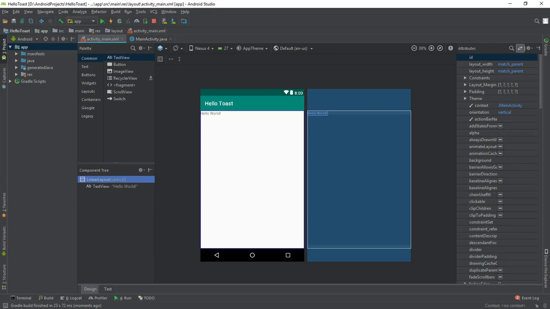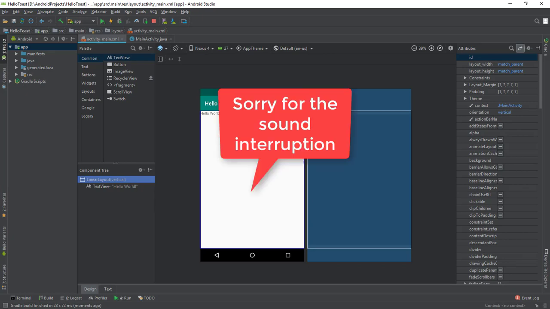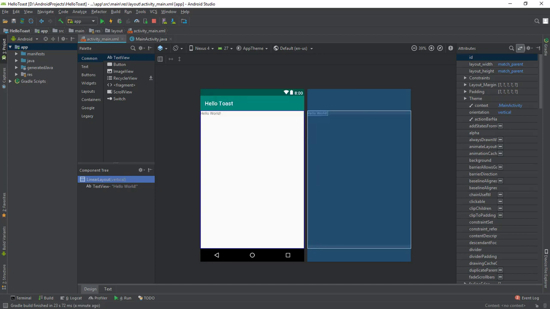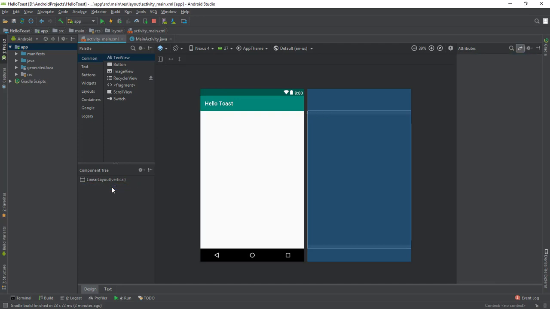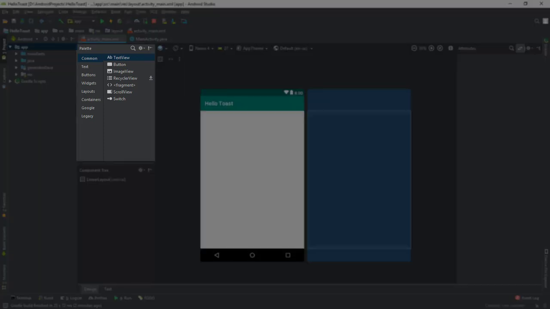Now we'll add views to the linear layout in the layout editor. In this task, we'll delete the current text view for practice and add a new text view and two buttons to the linear layout as shown in the UI sketch in our previous video. Click the text view whose text value is Hello World in the virtual device layout or the component tree pane. Press the delete key to remove the text view. From the palette pane, drag and drop a button element, a text view and another button element in that order, one below the other into the virtual device layout.